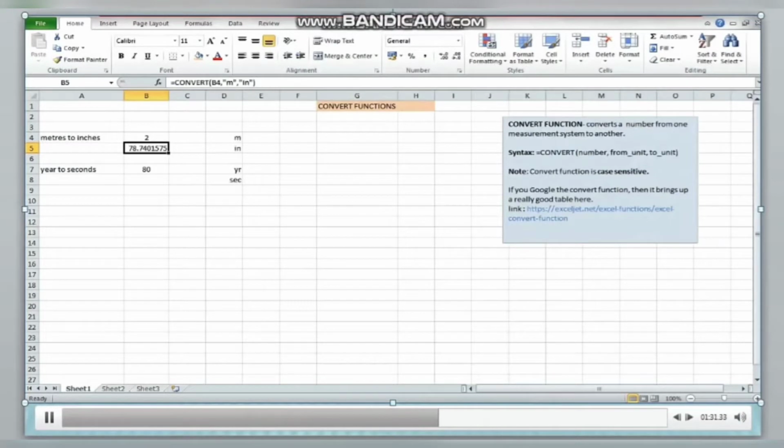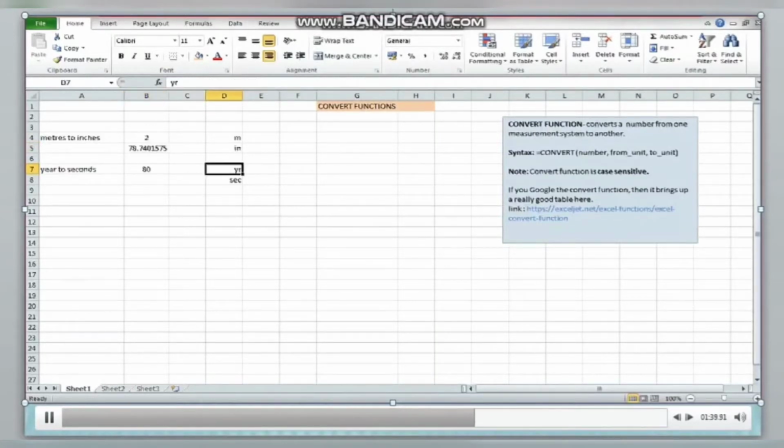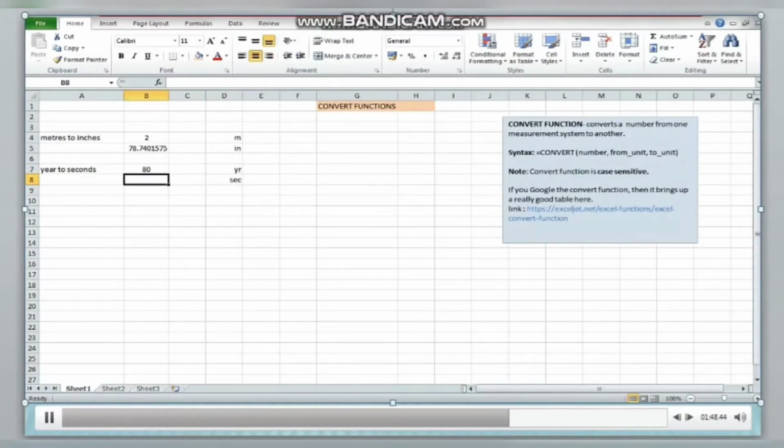Now, if you are well versed with the standard forms of all the unit systems, then you can simply write down those unit systems in the next column the way I have written. That is, for year I have written YR, and for seconds I have written SEC. Now, what you have to do is you can simply select those cells and write down the formula, that is equal to convert.